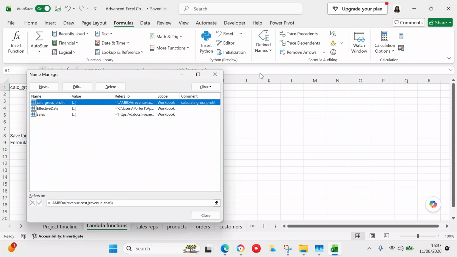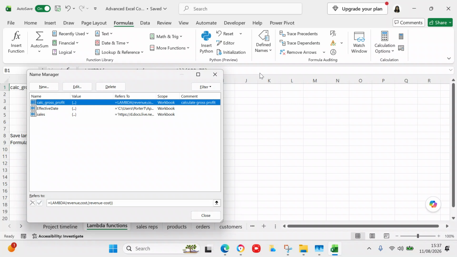And then I'm giving it the formula. It's equals lambda brackets revenue, comma, cost, comma, brackets revenue minus cost. And then whenever you put the formula into the name manager,